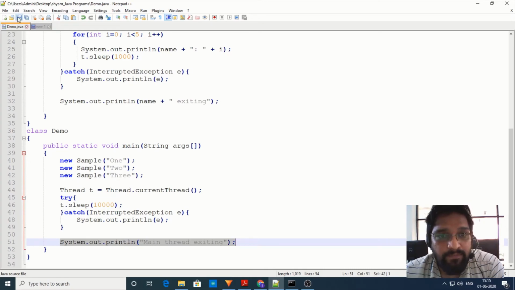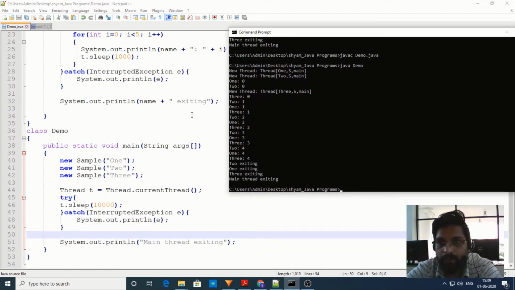So let me check this behavior by executing the program. So let me run this program. So in the output, first the first thread has been created and next the second thread has been created, and then the code for the first thread has been executed and then the first thread has been suspended. Since the first thread has been suspended, the second thread started executing and then the second thread is suspended. So once the second thread is suspended, then the new thread, that is the third thread, has been created and